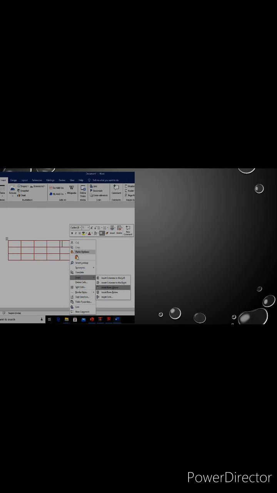Here in this slide we can see how to add a few more rows. See here, I kept the cursor here. I right clicked here, so you'll get this dialog box. You want to select Insert, then select Insert Row Above, so that you can add a row above. Wherever the cursor is, you can add one more row above the cursor. So I have added this row.